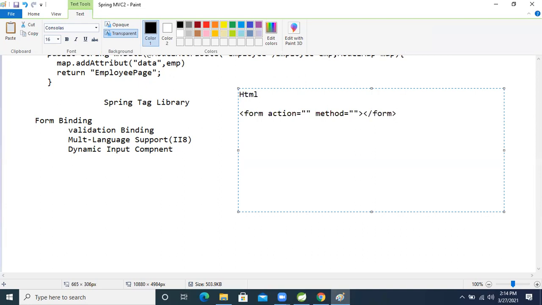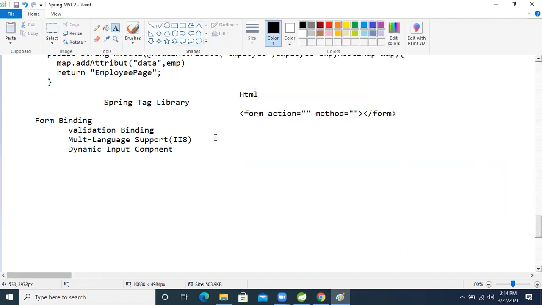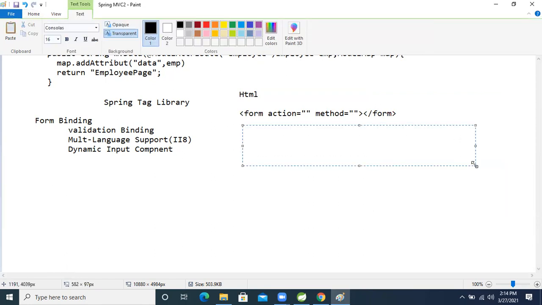Okay? So same like this code, when we write it using the Spring Form Tag Library, the code looks like this in HTML. Spring Tag Library, STL, I'm writing the short form STL, right? In the Spring Form Tag Library, how does this code look? Let's see that, right? So we give the form prefix.